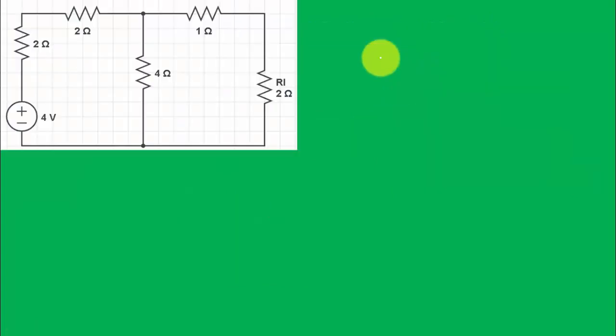Let me solve one problem. So this is the problem that is given. In order to find the value of RL, we know that RL should be equal to RS. Now this is the load resistance, that is 2 ohm. If suppose they have not given this 2 ohm, or if they have connected 2 ohm, what is the mismatch you need to calculate. So looking at this end, what is the value of RL is my question.